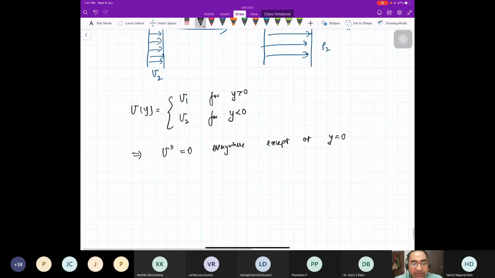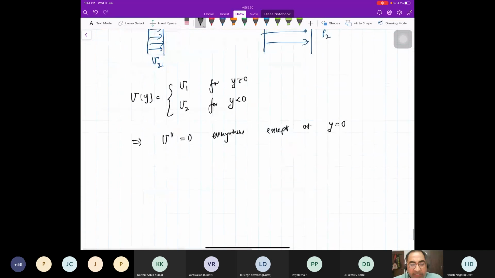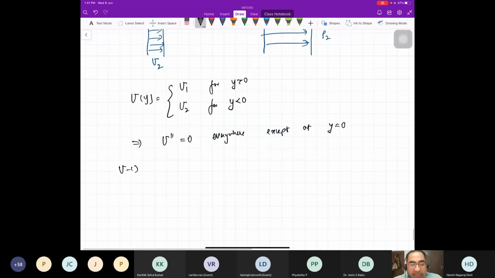Now you have this equation. Let's write down the Rayleigh equation. What is the Rayleigh equation? The Rayleigh equation is again u minus c times d square minus k square of psi minus u double prime of psi is equal to 0. Now the good thing is I can solve this equation in two parts separately. For y greater than 0,